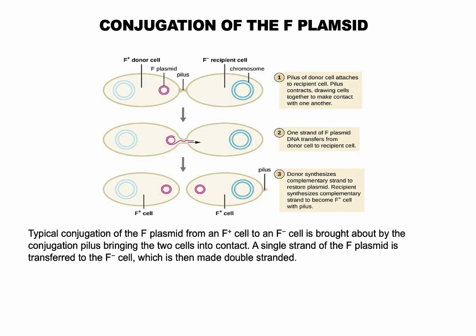Conjugation of the F plasmid. During the process of conjugation in E. coli, the F pilus of an F plus cell touches an F minus cell and retracts, bringing the cell membranes together. This leads to the formation of a cytoplasmic bridge at the location of the conjugation pilus. As the F plasmid undergoes rolling circle replication in the F plus cell, a single-stranded copy of the F plasmid is sent through the cytoplasmic bridge to the F minus cell, which then creates the complementary strand, resulting in a